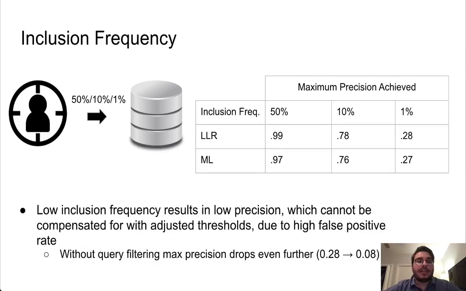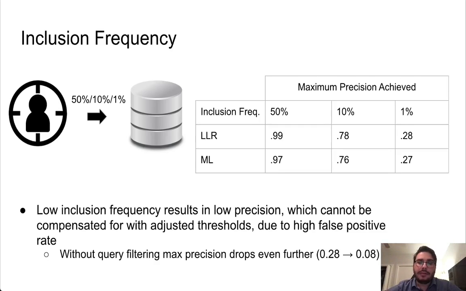We also experimented with inclusion frequency. When you're performing experiments on membership inference, you have to perform a number of experiments with a target, some of which include the target and some of which do not include the target. In most membership inference papers and in many of our experiments, this ratio is about 50%. 50% of the attacks include the target, 50% do not. In reality, though, this number is much likely to be lower. There's usually a much smaller chance than 50% that the target is actually part of the survey you are trying to attack. For this reason, we tried experiments with the inclusion frequency at 10% and 1%.